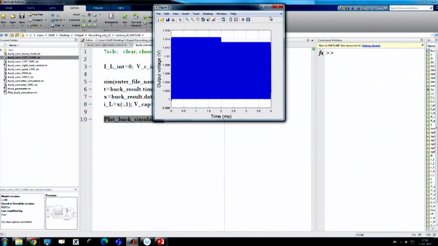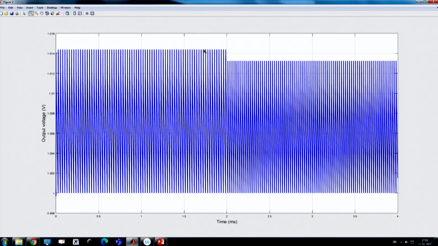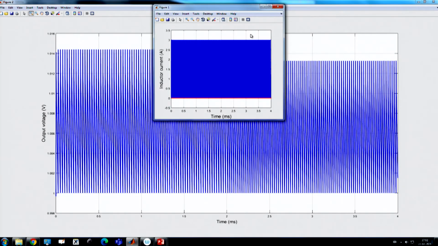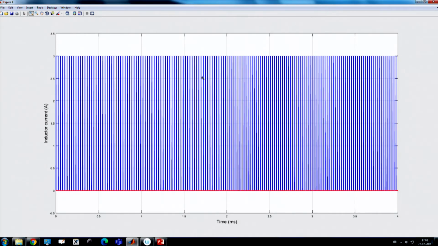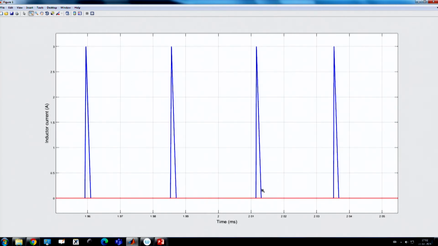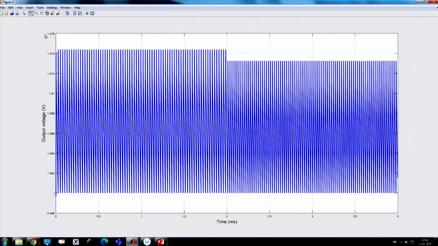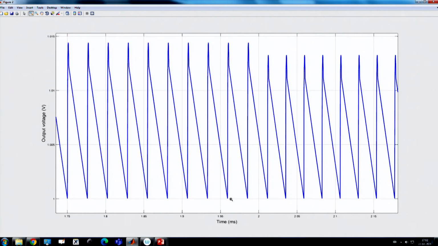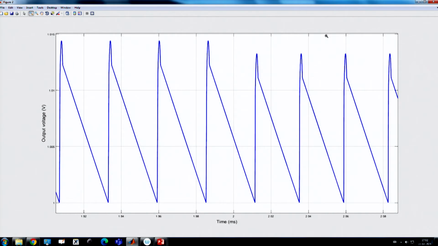Now, you see there is a very minor change, and if you check the inductor current waveform, the current ripple remains the same before and after transient. There is a change in slope, but the current ripple, and the output voltage ripple, are more or less the same. Earlier it was a drastically different waveform, but there is a slight deviation because we have used an approximate expression, not the exact. But here we can maintain the output voltage within the specified limit.